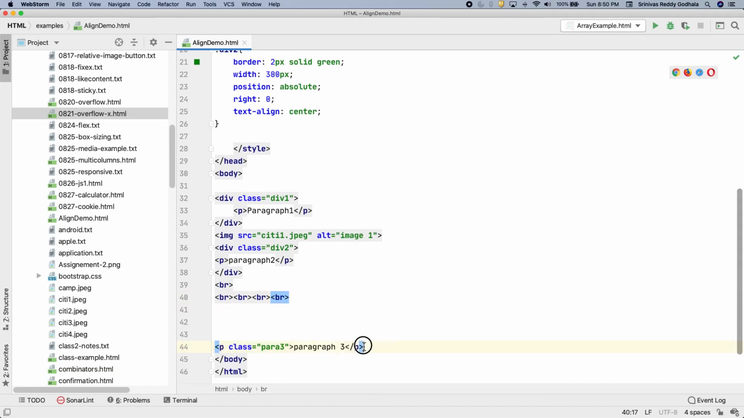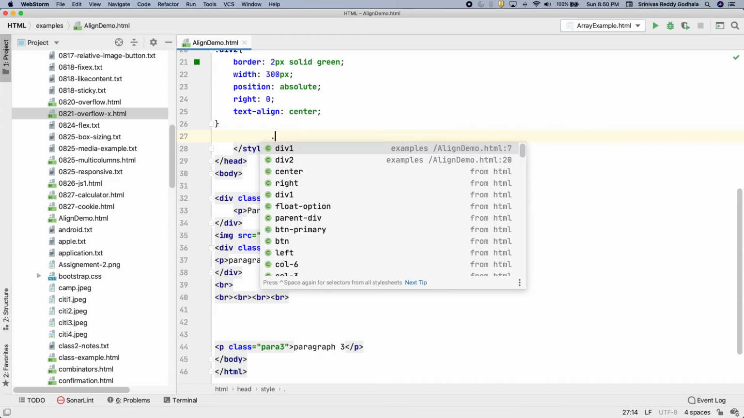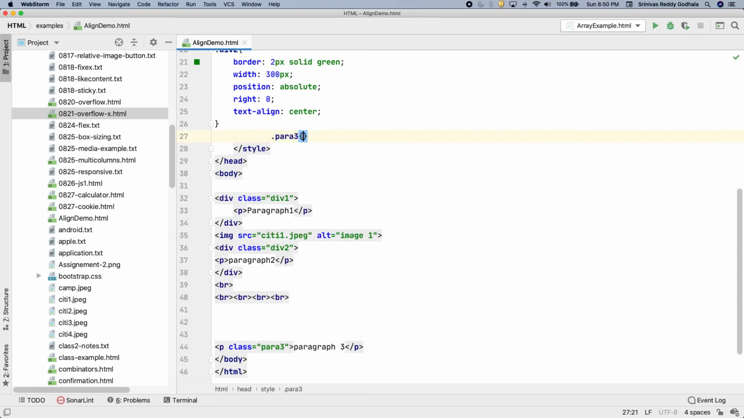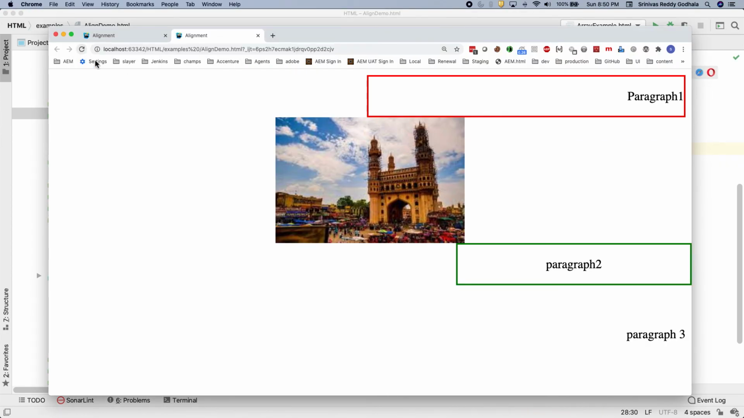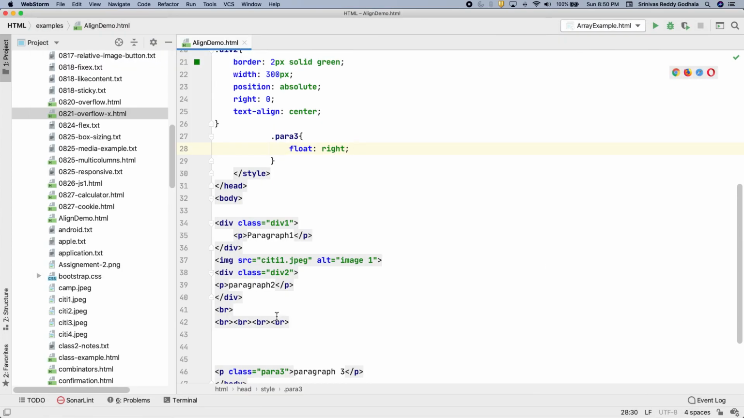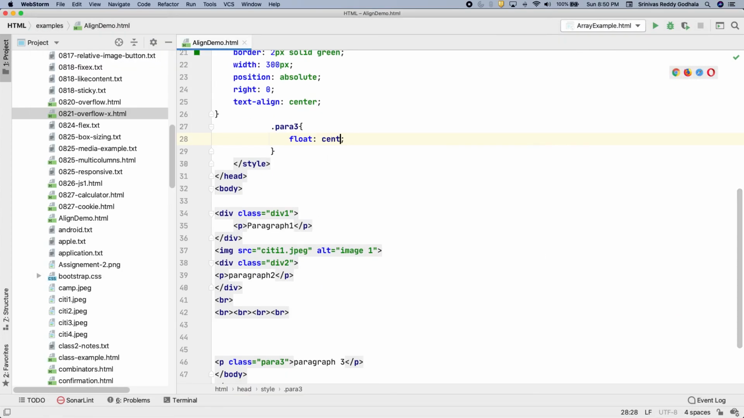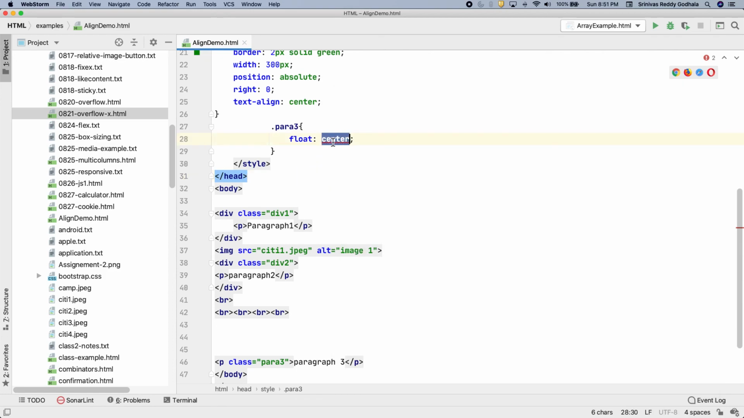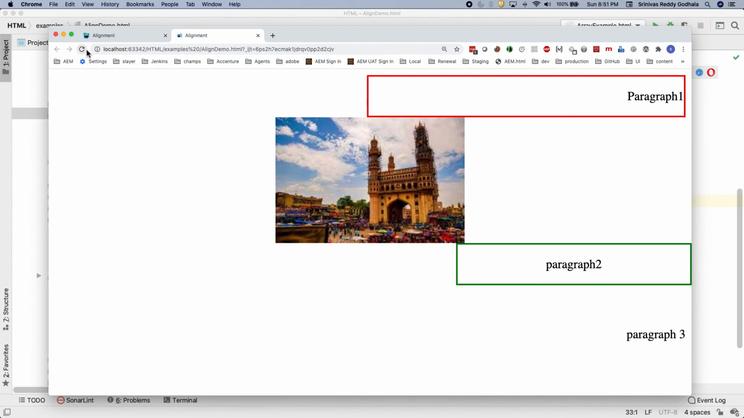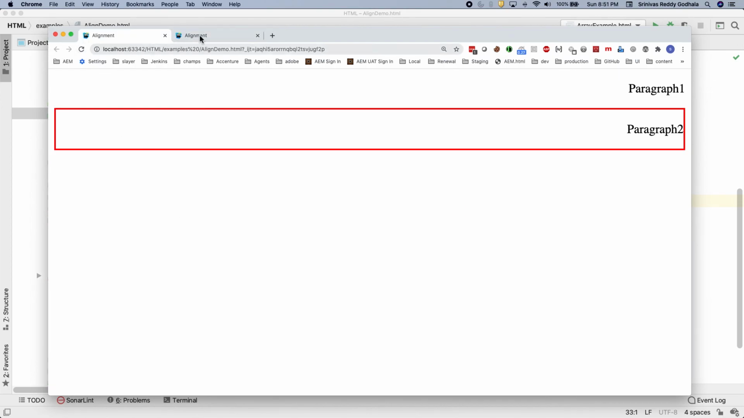This paragraph we want to display on the right using another option called float. So .para3, you can say float right. So we can see the content is actually floating from the right. Actually, float starts from right, so let's use right. Alright, so this is how we can align